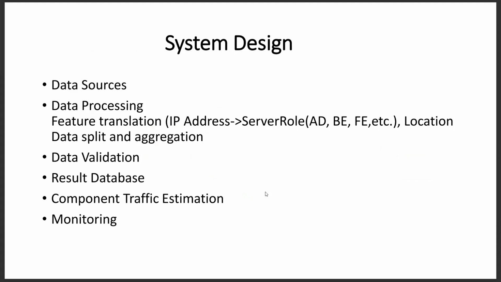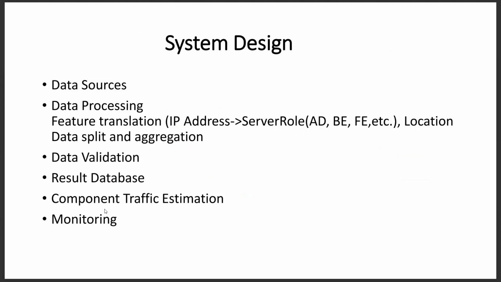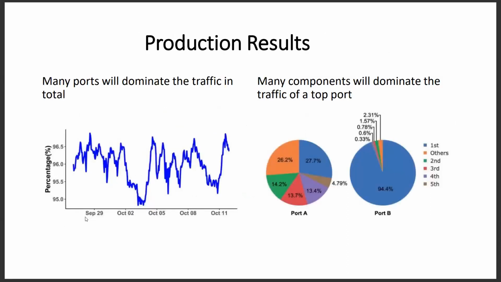And here we have the system design, just as I discussed above. We have data sources, validation, data processing, and everything. And here are all of the names of them. And here we can see a graph and also a pie chart. The graph says that many ports will be dominating the traffic in total, and the pie chart says